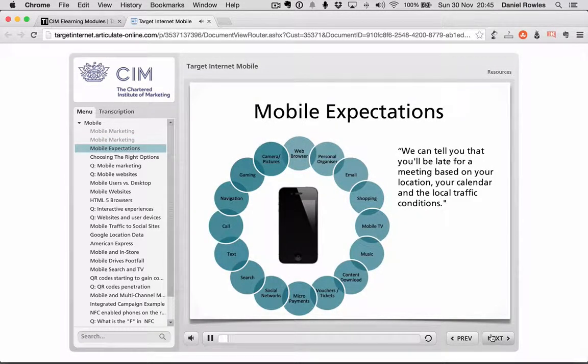Clearly, our expectations of our mobile devices have changed radically over recent years. We use our mobiles for email, shopping, music, social networking, and so on and so on. So in this module we'll take a look at the emerging area of mobile marketing and see how things have changed. But to give an example of something that Google have recently been quoted as saying, and this is in